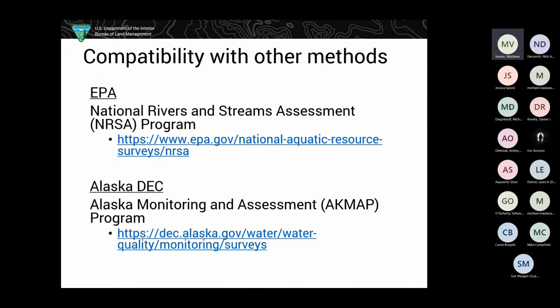I hinted at this earlier, but the BLM's aquatic AIM study design and methods are essentially the same as those used by the EPA as part of their National Rivers and Stream Assessment Program, or NRSA. NRSA, and Dan's probably really familiar with this, but NRSA collects a few more water quality parameters than AIM, but by and large the methods are the same. The study design is the same,